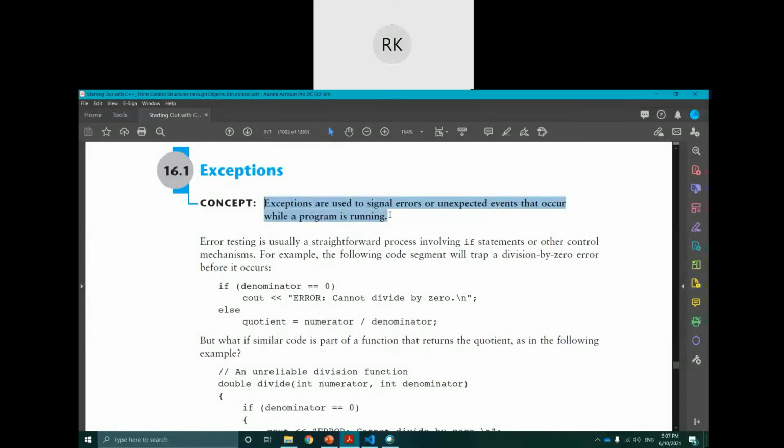The basic definition of exception is like this: exceptions are used to signal errors or unexpected events that occur while a program is running. Meaning, when we write code and run our programs, sometimes errors occur or some unexpected event occurs. So how do we handle these errors and unexpected events in such a way that the program